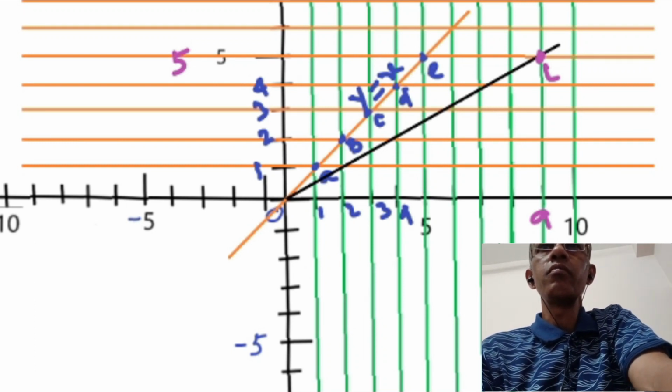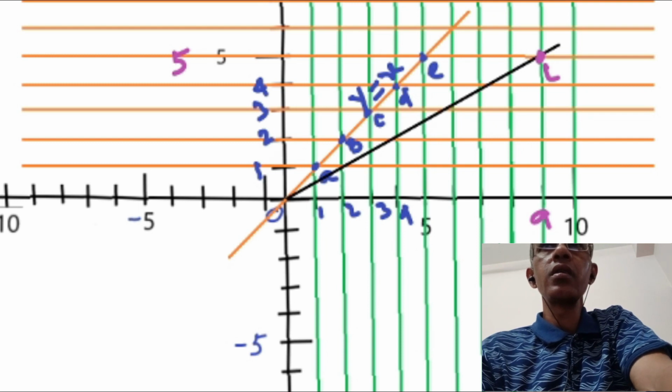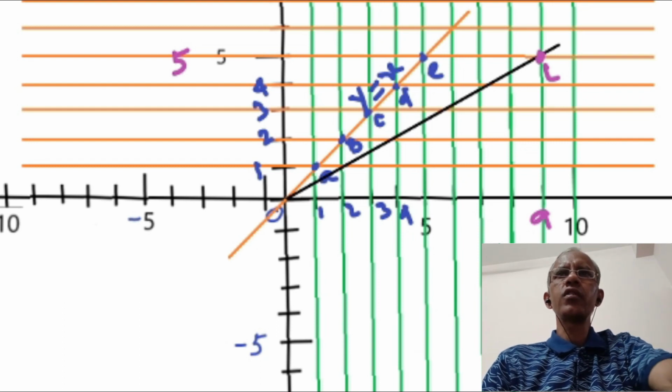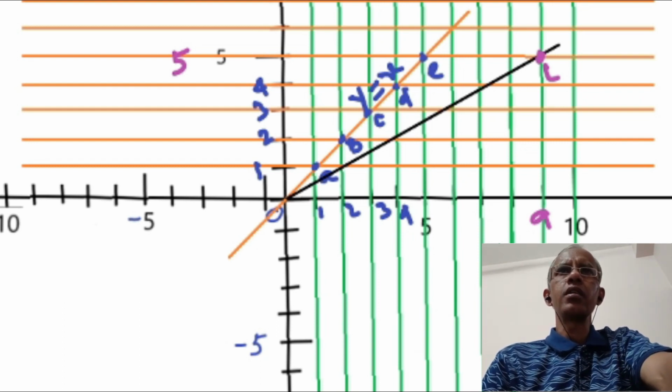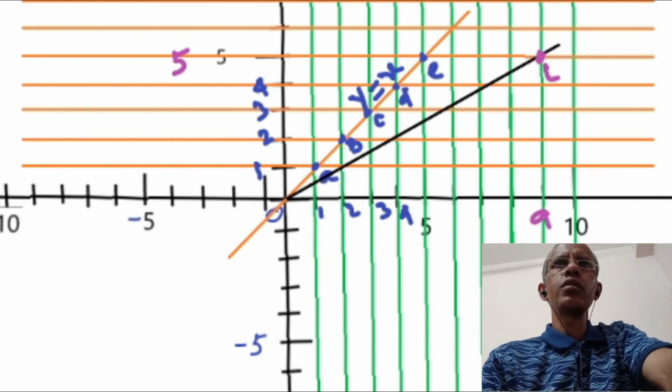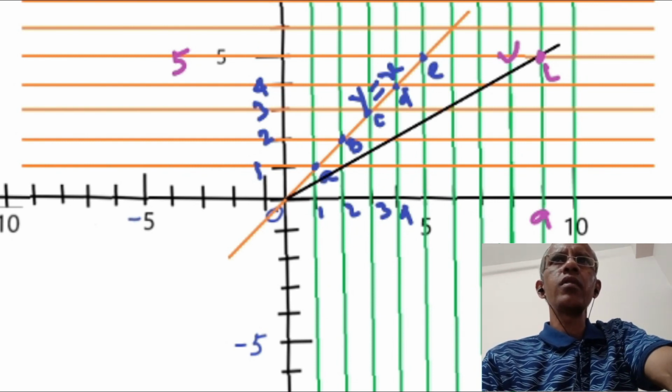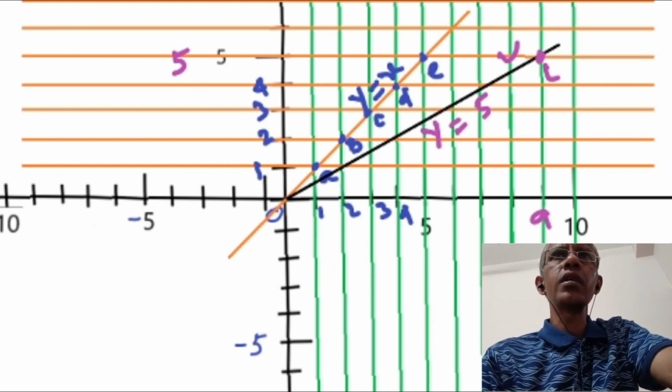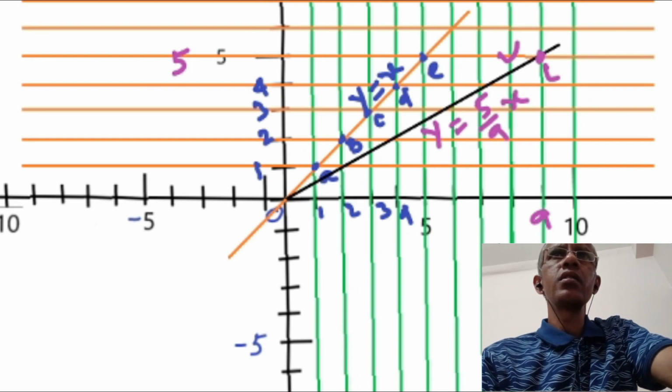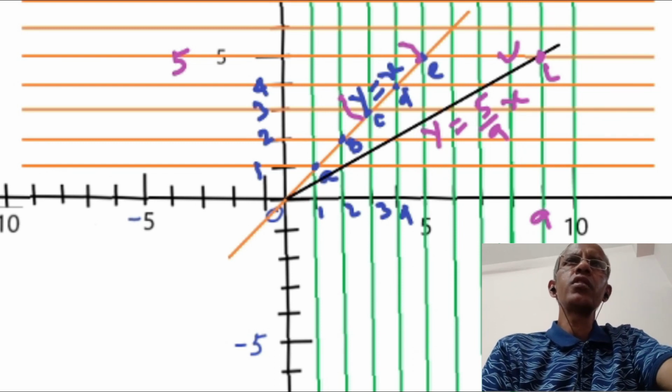So mathematically we can say that y is equal to 5 by 9 into x. This is true for all the points lying in this line along 0 and L. So the formula for this line will be y is equal to 5 by 9 x, as it was the previous formula in this case. And if you draw a different line, let's take this point,